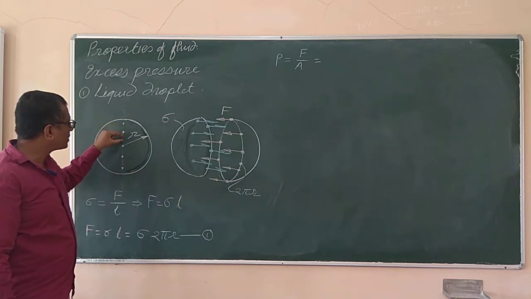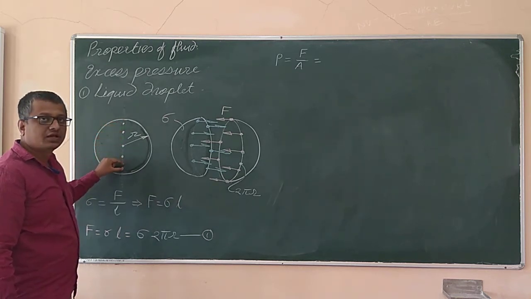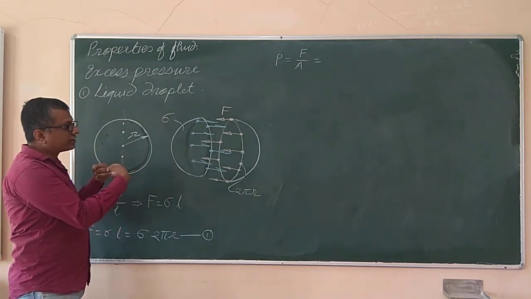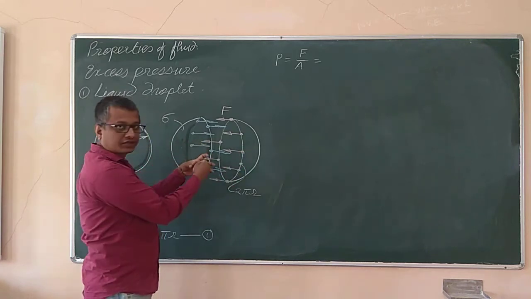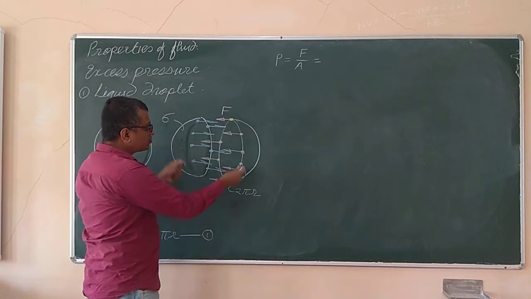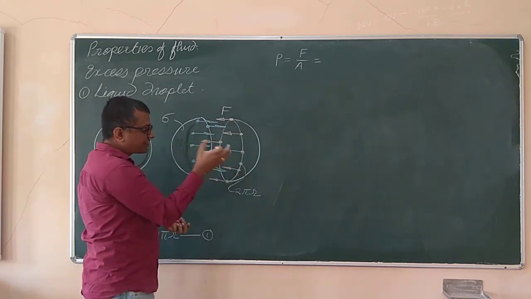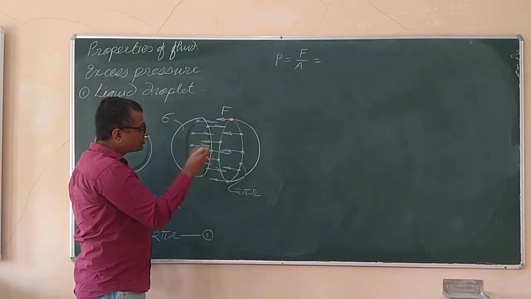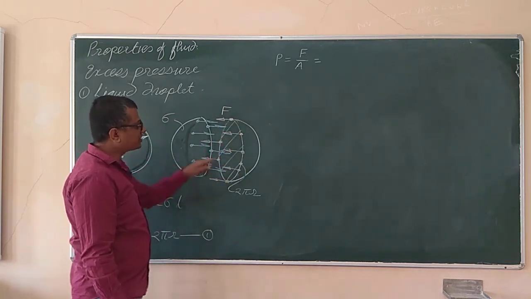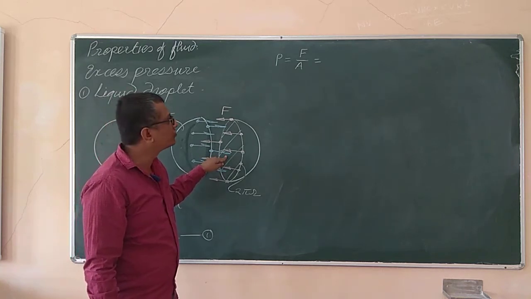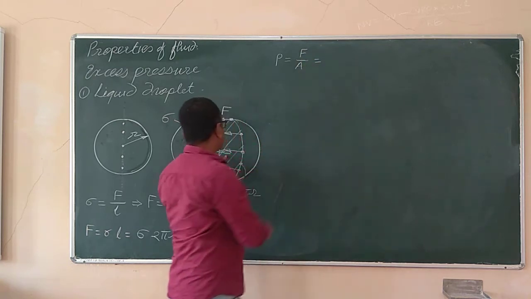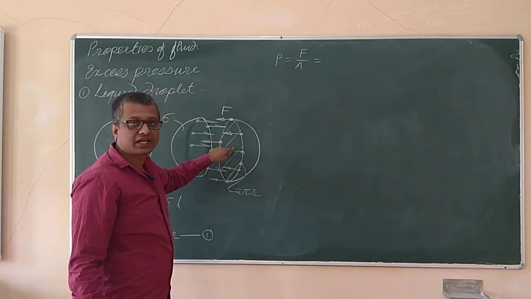if you imagine the molecules on that surface, you will find all these molecules are pulling one another in the tangential direction, binding these two hemispheres together. That force presses the two parts such that the entire volume stays close together, and that force is acting onto the surface area. Hence the excess pressure created in the inner region of the droplet equals the force due to the surface tension divided by the area, and this area is nothing but pi r square.